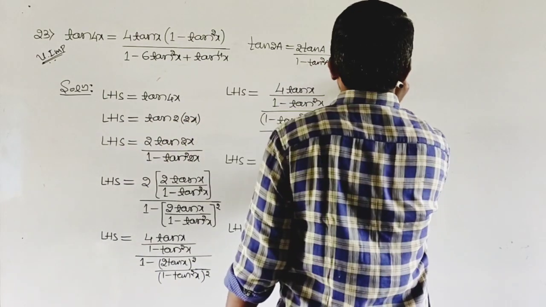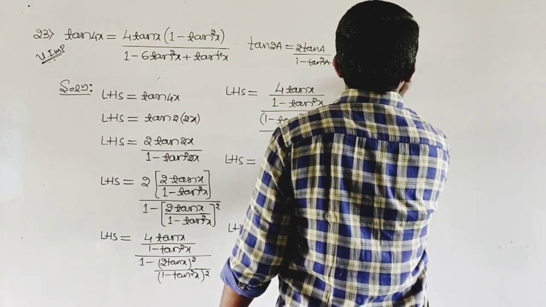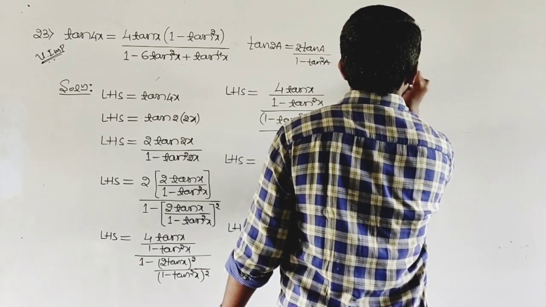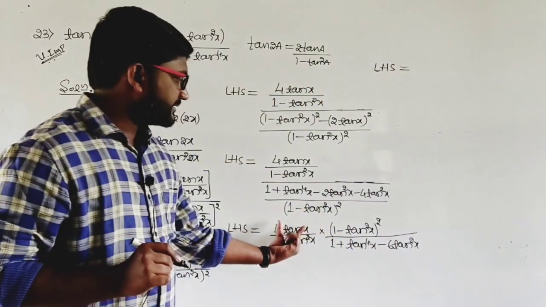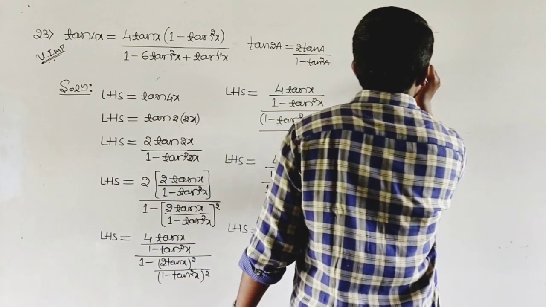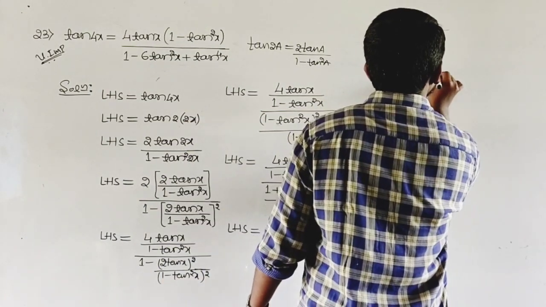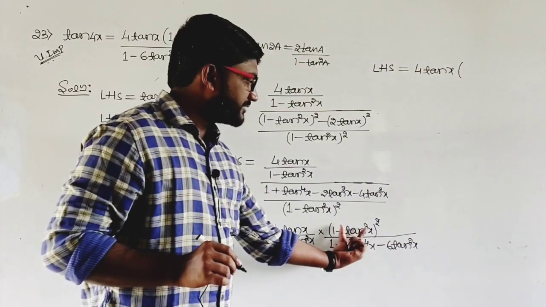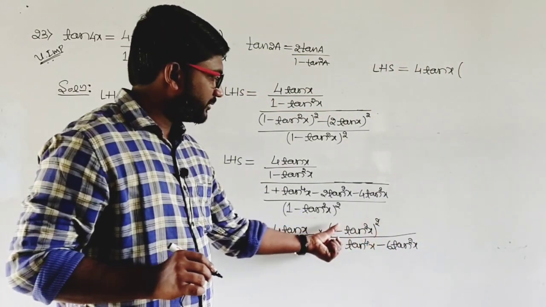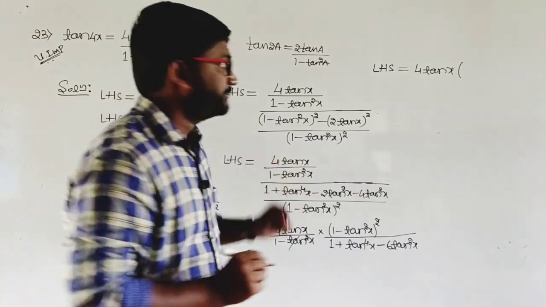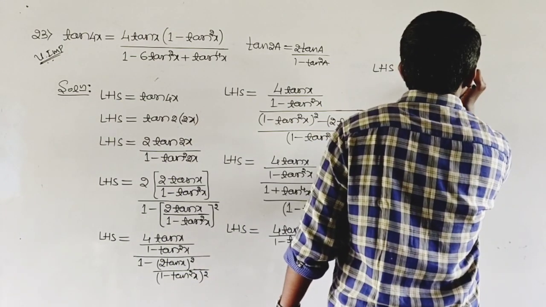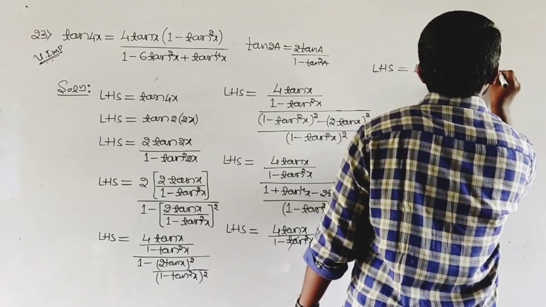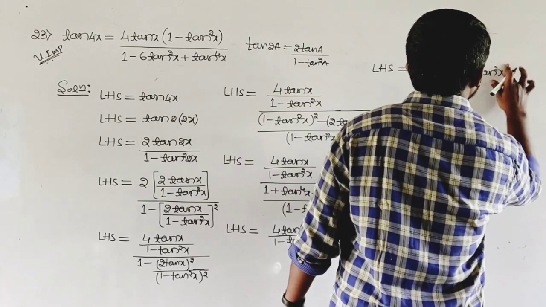So let us write here LHS which is equals to, now 4 tan x, I'll be writing it as it is. 4 tan x into the bracket, so 1 minus tan square x. Here, when it cancels, one remains, because there was 1 minus tan square x the whole square. So it is 1 minus tan square x,